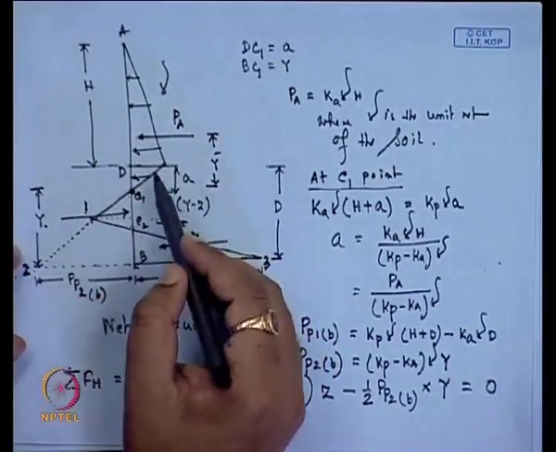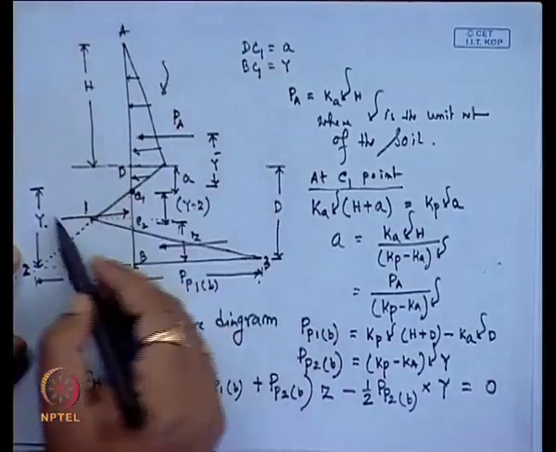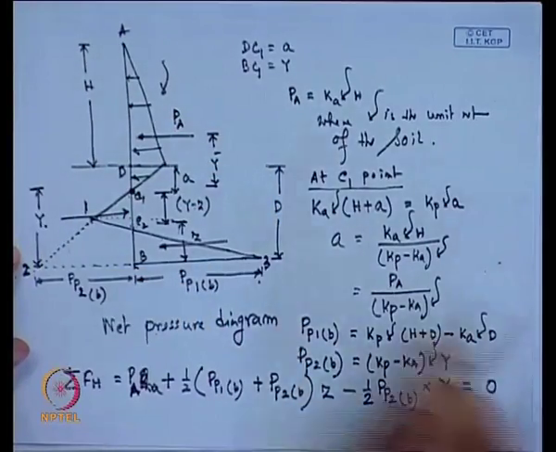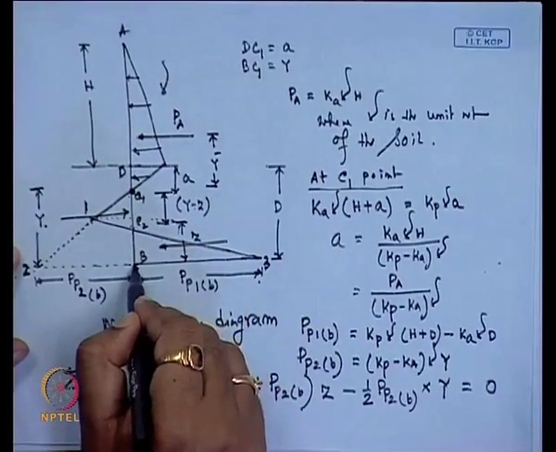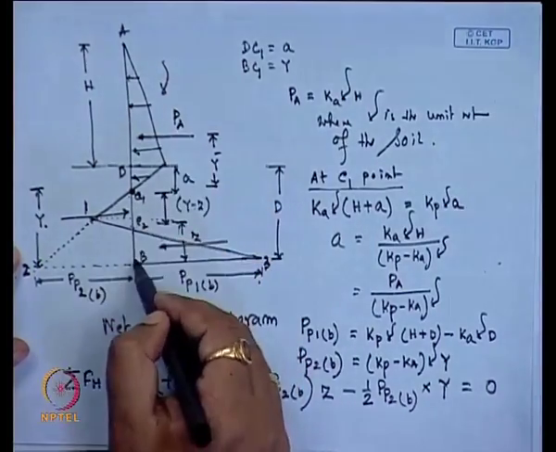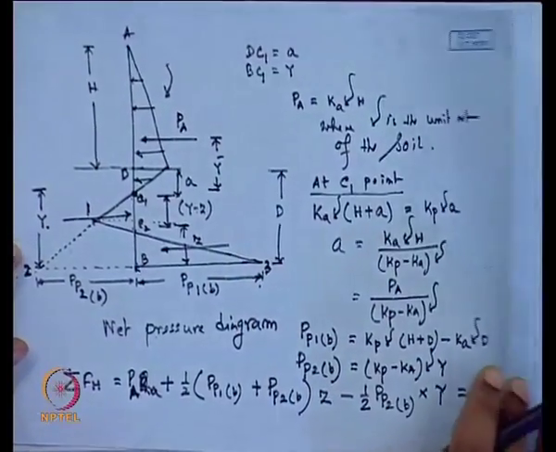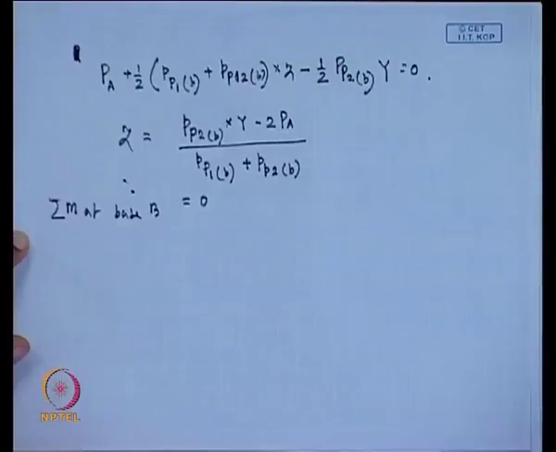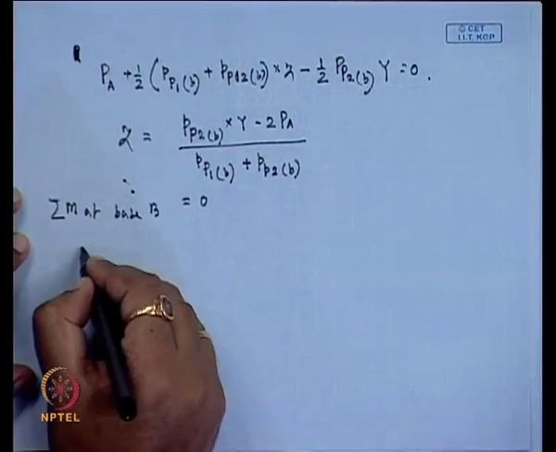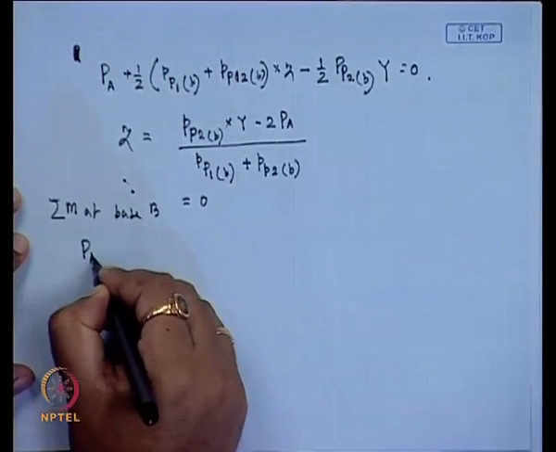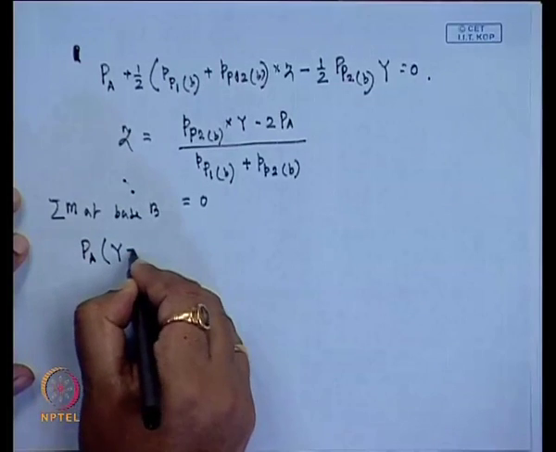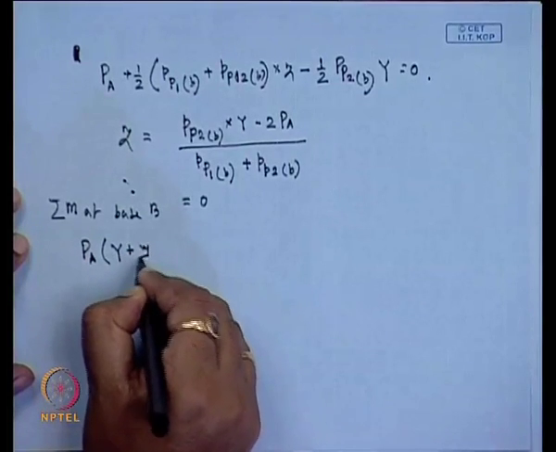So, that we can easily determine, and this is the capital Y. So, from the base B, the distance of P A will be capital Y plus small y bar. So, we can write this P A, if we take the moment, into capital Y plus small y bar,